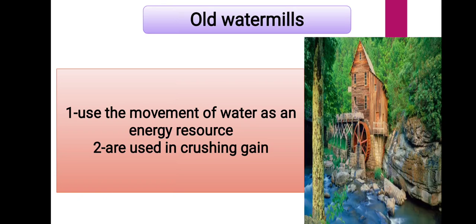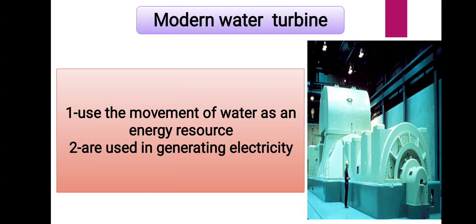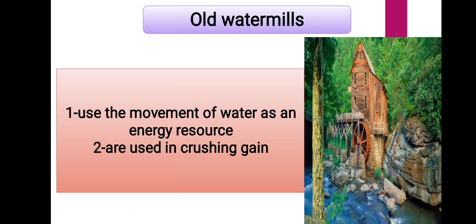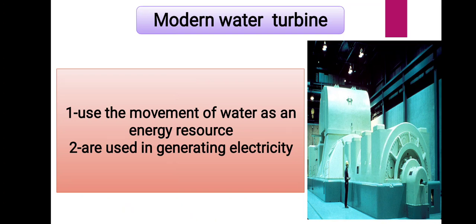What is the difference between them? Both of them use the water as a source of energy. The old watermills use the water as a source of energy to make the blades start to move. And also the modern water turbine uses the water as a source of energy. But we use the old watermills to grind the grain, but we use the modern water turbine to generate